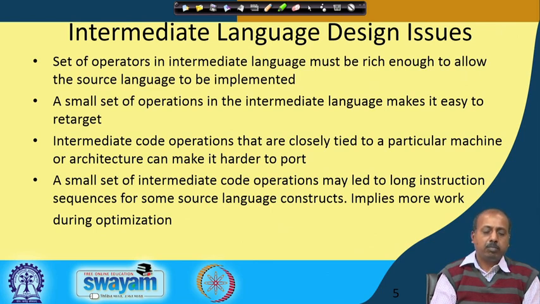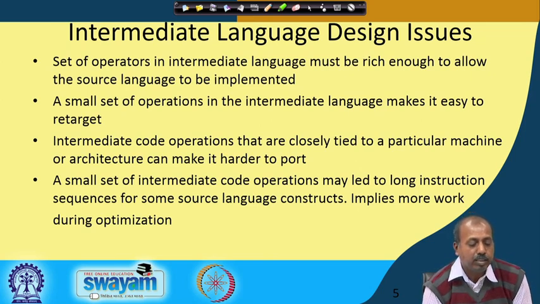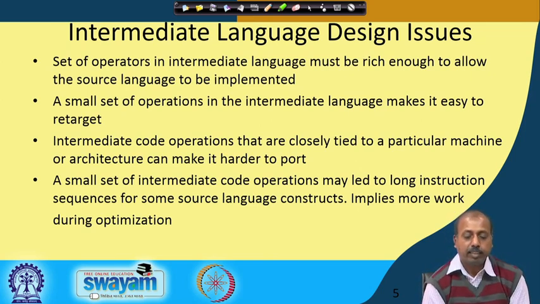In many cases, the subtraction operation may not be supported. If subtraction is not supported, then instead of that maybe I can multiply with -1, and then add. Now, in the intermediary language, if subtraction is not directly supported, then I may do it like that, only to find that in the target processor a subtraction instruction is available. So, it is desirable that the set of operators of the intermediate language must be rich enough to allow the source language to be implemented, otherwise it becomes so difficult.